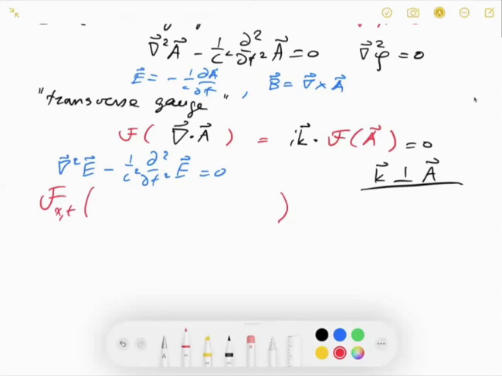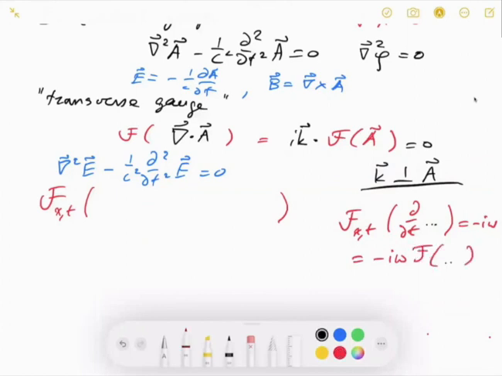Now we have to be a little bit careful here because this sign choice that the book uses here is a little bit unusual. The time derivative is equal to minus i omega